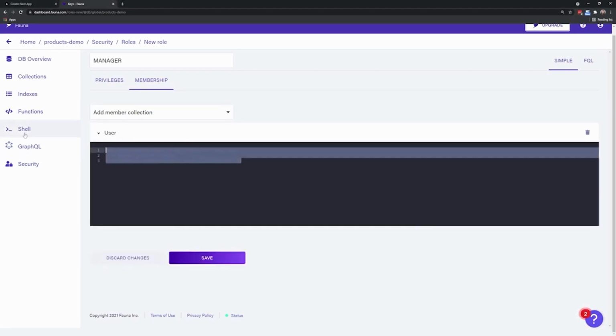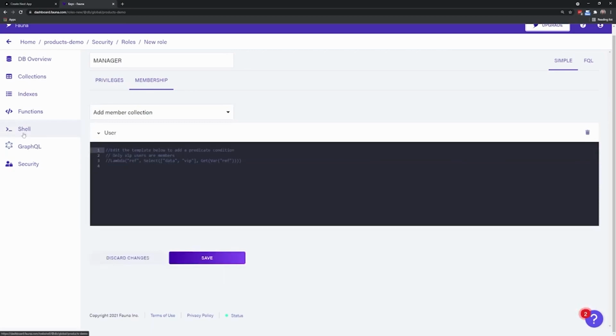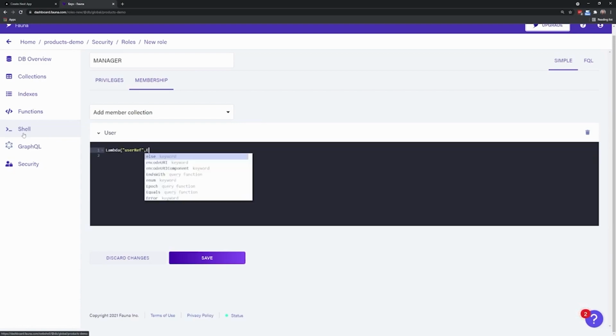Then inside of this user, we're going to delete everything inside, and then we're going to type lambda. And then we're going to do user ref. And then we can delete this out now because we have something. There we go. And then we're going to say comma equals